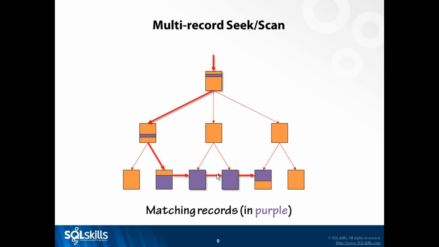Anyway, at some point, the thread will get this page in memory and it will scan through here, no more records, follow the page ID, scan through here, no more records, follow the page ID, give them back to the query processor one at a time. And then it gets to the end down here, and we find a record that doesn't match the search predicate. And so the storage engine says to the QP, no more records. And that's the end of our seek or scan. Okay.